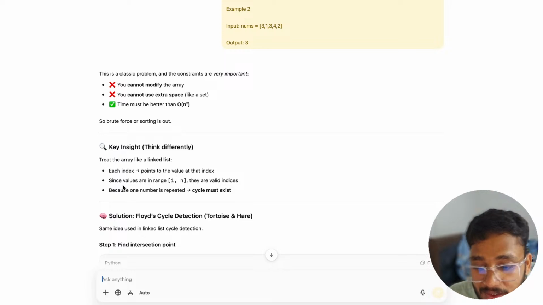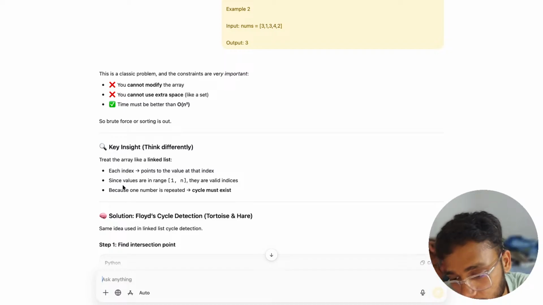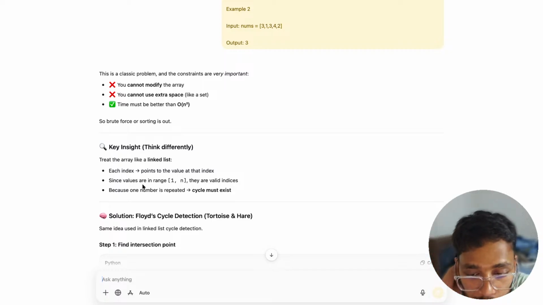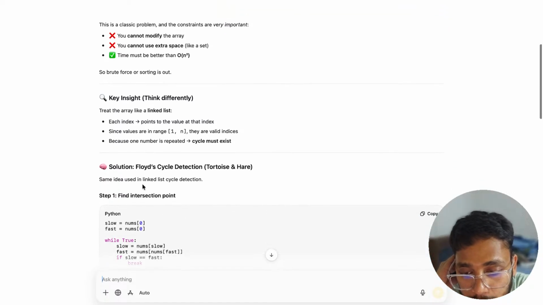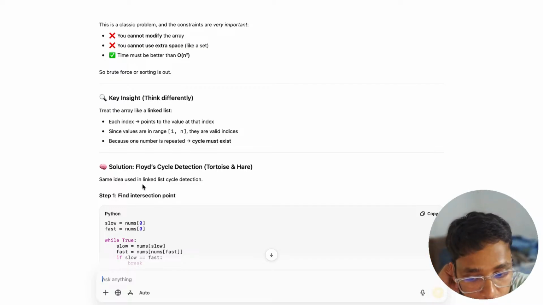So it's just data. Each index points to the value at that index. Since values are in the range 1 to n, and there will be a total of n plus 1 indices, they are valid indices. Okay, that is one good point. Because when a number is repeated, a cycle must exist. When a number is repeated